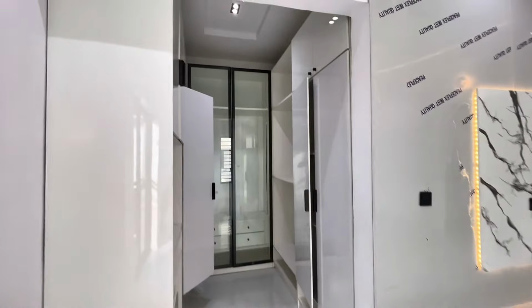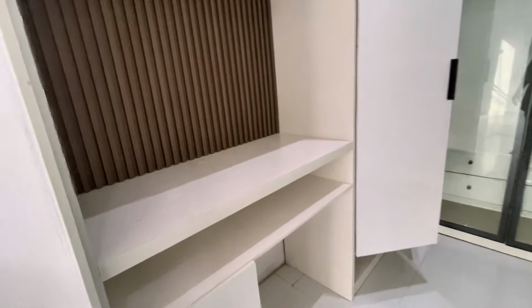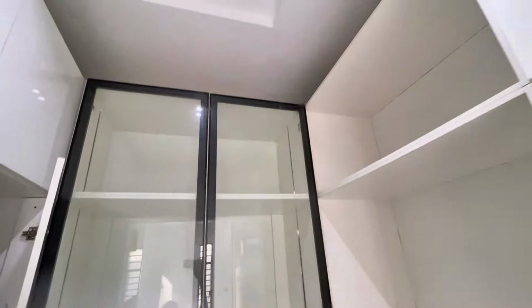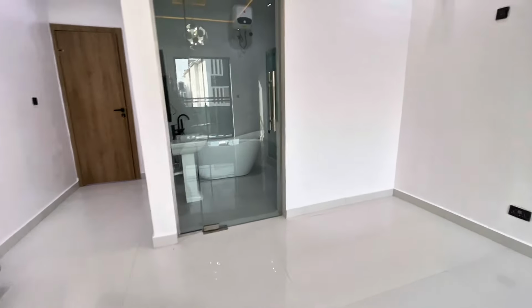Then this is the walk-in closet. It's a walk-in closet, guys. So this is where madam can sit and decorate herself. She can put a mirror inside that place. Okay. Look at the cabinet. Beautiful, right? Okay. Now let's proceed to